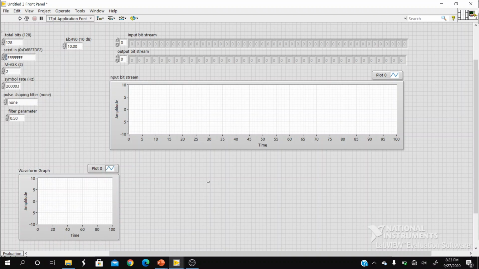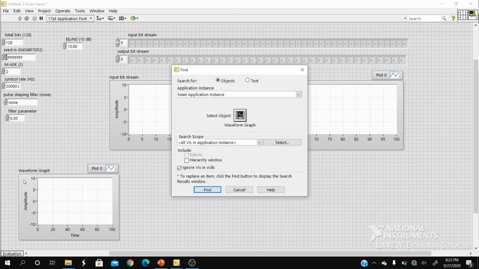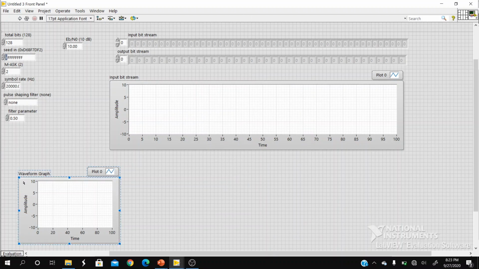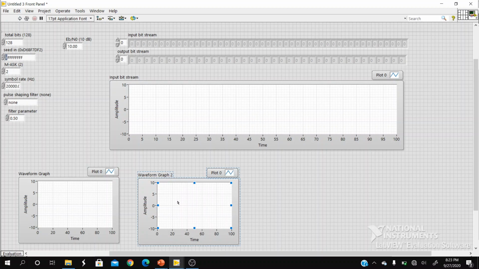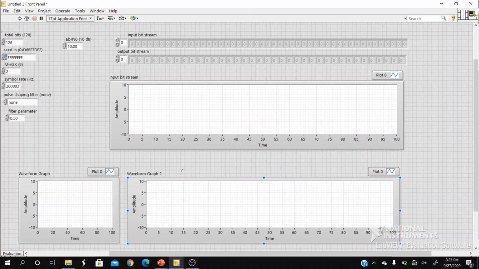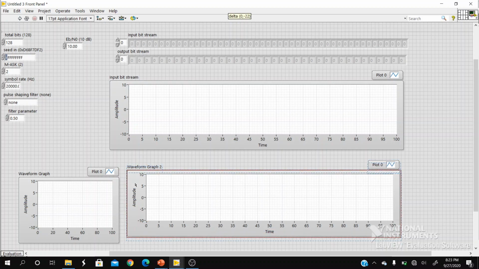Let me name it later. Then I am going to plot another graph for the pulse shape modulated output, that is the baseband modulated bit stream.